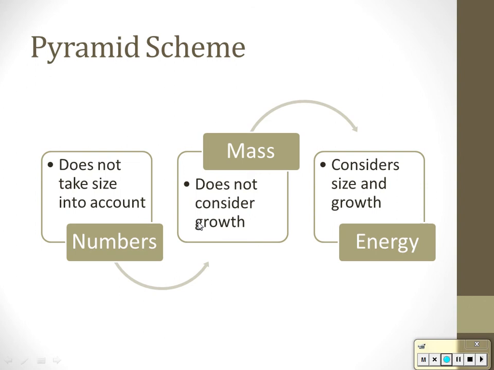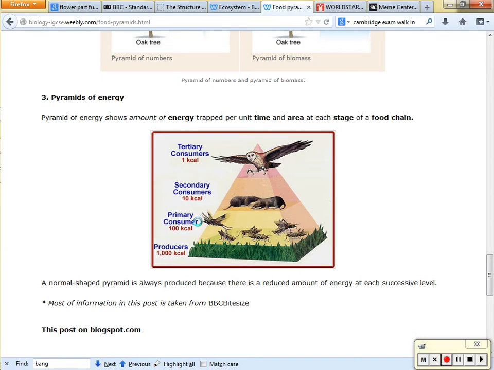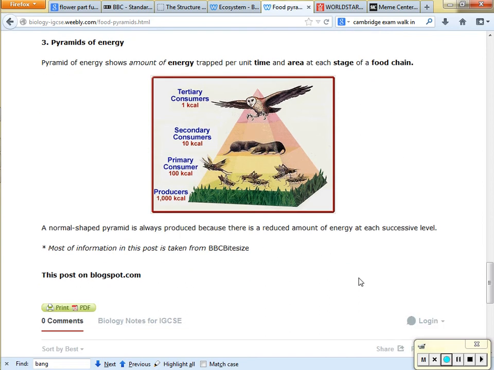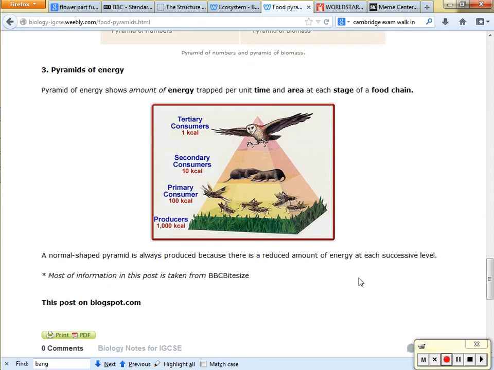So the most quote-unquote accurate one is the pyramid of energy, and that looks at energy trapped at a particular time. Okay? So it's a snapshot based on what's available. And when you look at that, then you can see perfectly the non-cyclical nature of energy. 1,000 kilocalories of energy in the producers, and then 10%, 10%, 10%. If we were to eat owls, we would only have 1 kilocal. Actually, we have 0.1 kilocal available.